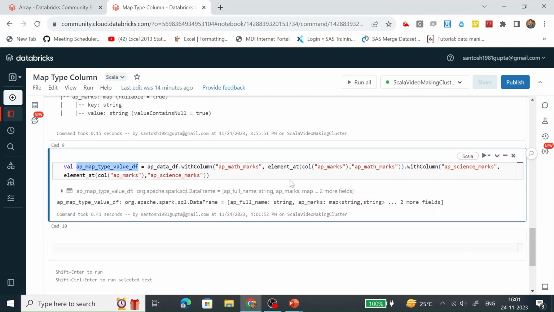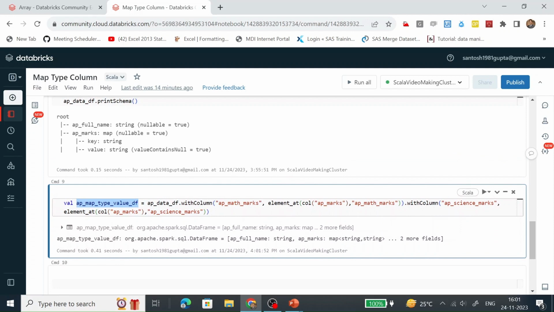So what I am doing here, with the help of a withColumn function, I am creating a column AP math marks. This column will populate the value from this AP marks map type column. The key would be AP_math_marks, with the help of an element_at function.